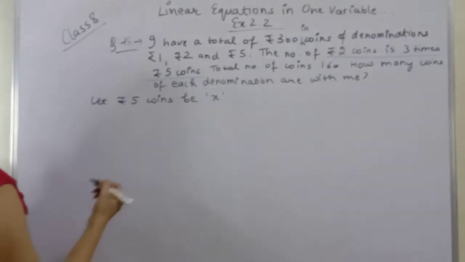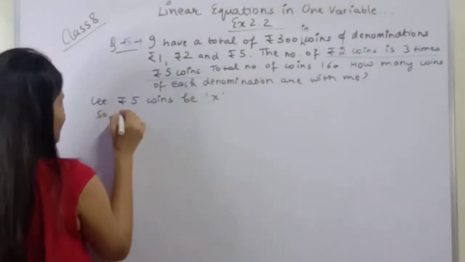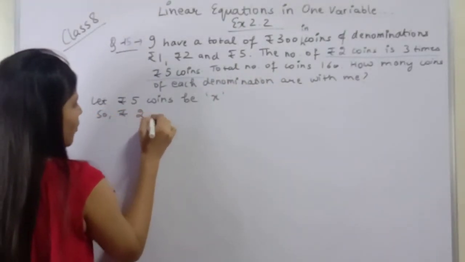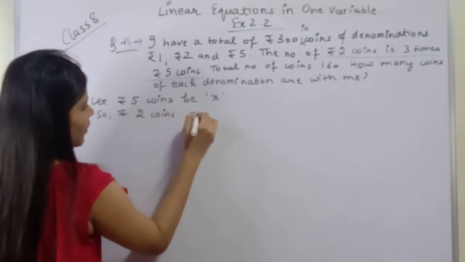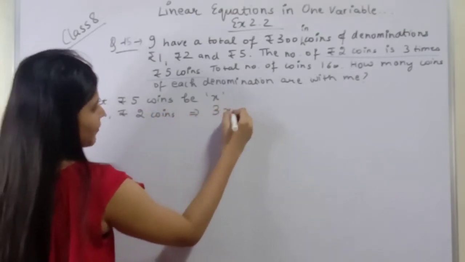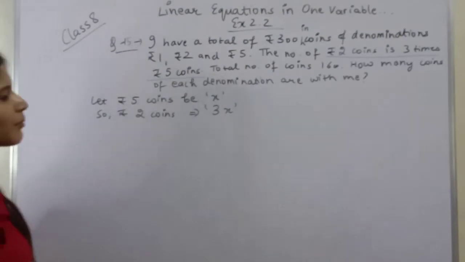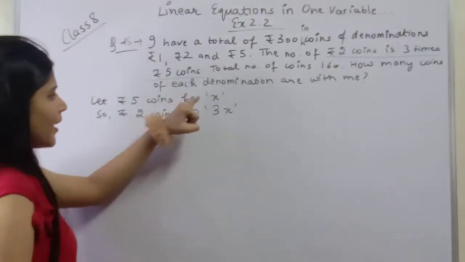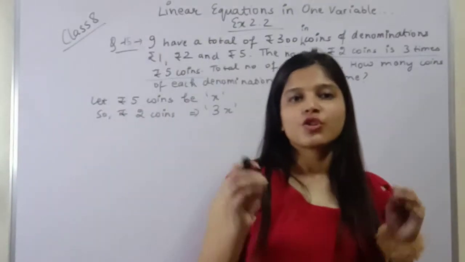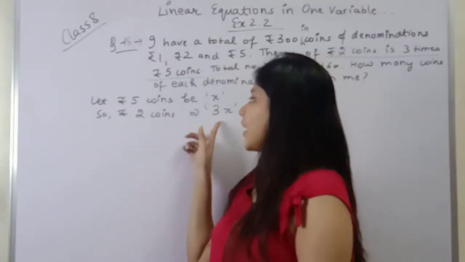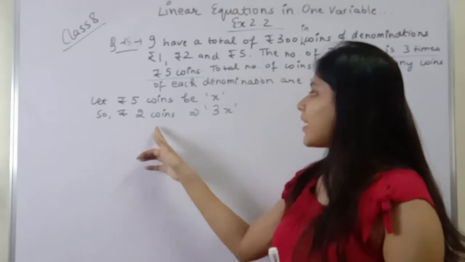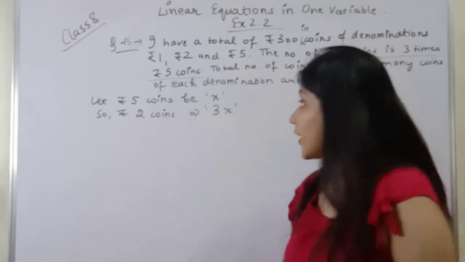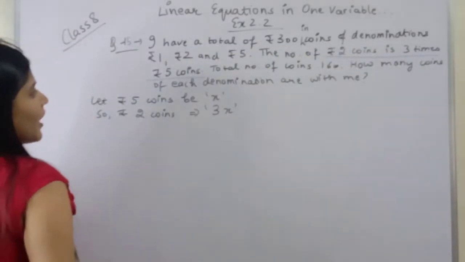Rupee 5 coins are x, so rupee 2 coins will be 3x. Why? Because it is given the number of 2 rupee coins is 3 times the number of 5 rupee coins. If 5 rupee coins is x, so 2 rupee coins automatically become 3x. Okay. Now we had a relation